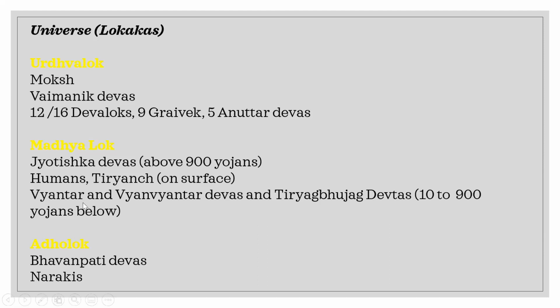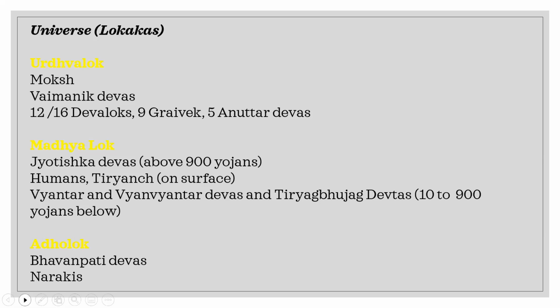And below the Swayambhudal Bhumi, you have got the Nivasthan, or the places where Vyantar Devtas, Van Vyantar Devtas and Tiryak Grumbak Devtas live. And in the last class, we were seeing about the Adholok. Now, Adholok, we saw there are 25 types of Bhuvanpati Devtas and there are 7 Narkavas. So last class, we were discussing the 7 Narkavas. In this class, we'll continue with our discussion about the 7 Narkis.